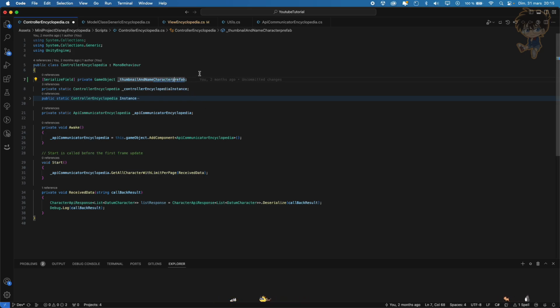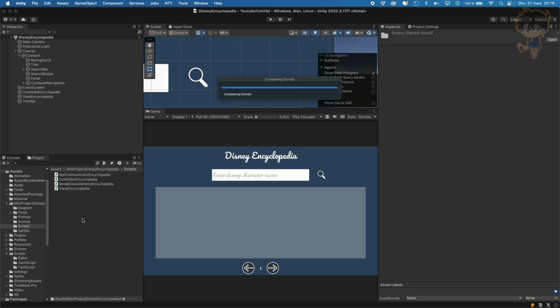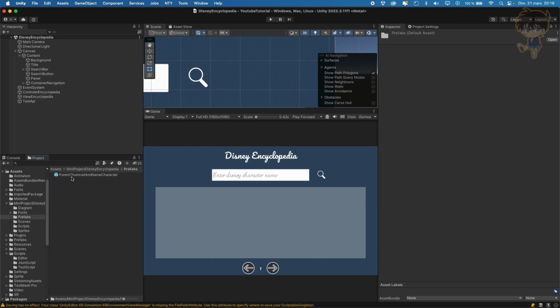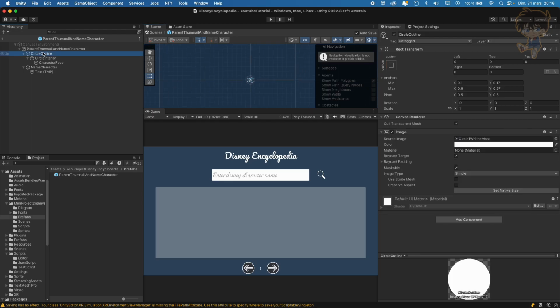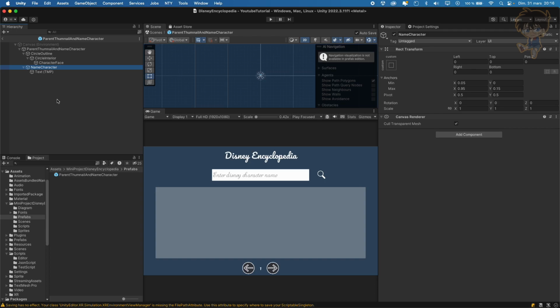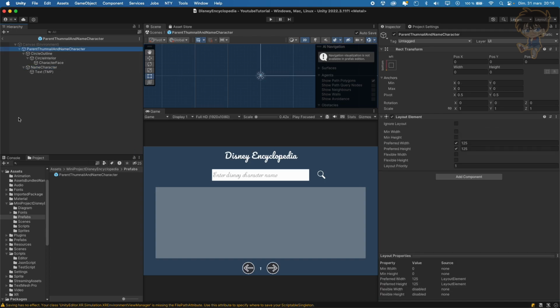Character prefab. Okay, so let's head back to Unity and create another class to handle all the data I receive. Again, if you don't remember, the prefab is this. Our prefab contains a text, contains our circle, and contains a name. And we need to be able to handle this when we receive our thumbnail and our name from our